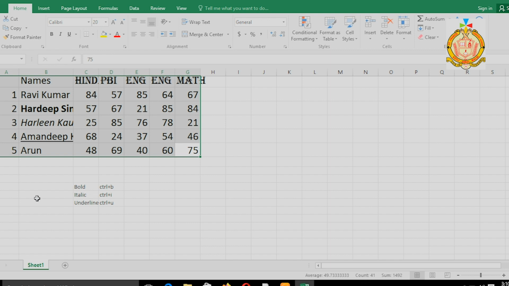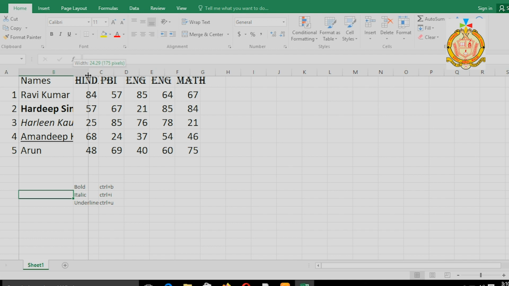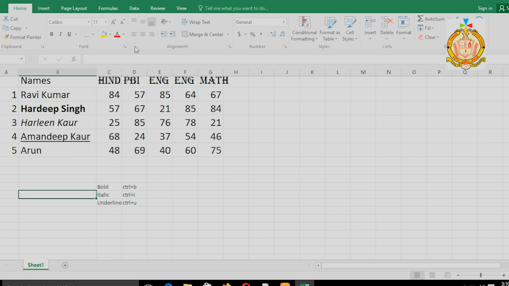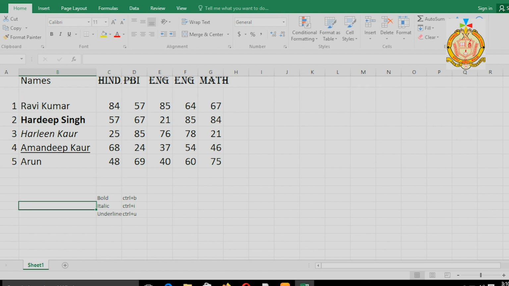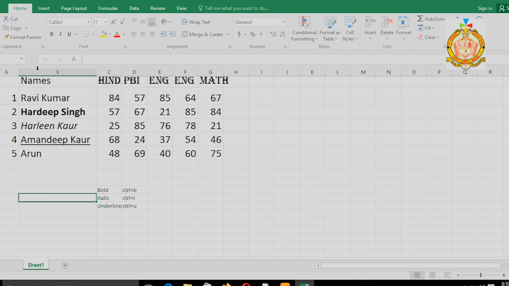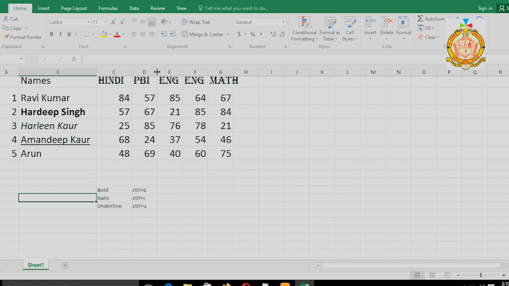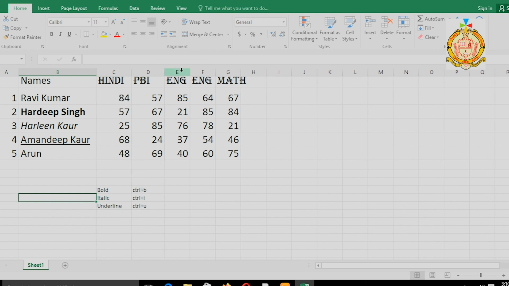See, this name is hidden, so I can make a change. We can make this change from both sides, vertical and horizontal. It depends upon your word, how long your word or sentence is. You can make the change according to your sentence. Now these things are visible to you.